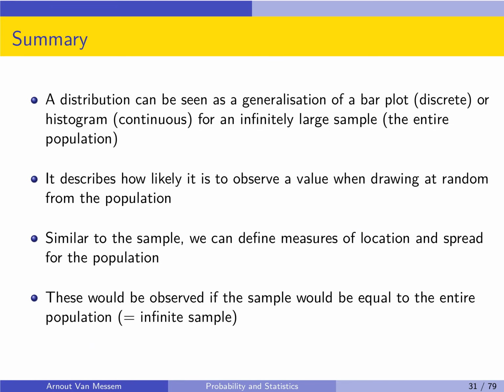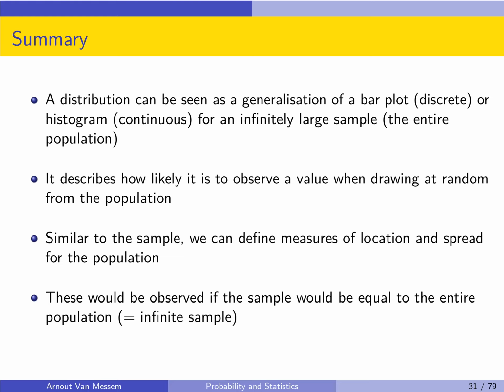So in summary, a distribution can be seen as a generalization of a bar plot in the discrete case or of a histogram in the continuous case, where we assume that we have an infinitely large sample, so the entire population. The distribution will describe how likely it is to observe a value or a range of values when drawing at random from the population. And similar to the sample, we define measures of location and measures of spread, but this time for the population, so we have a population mean